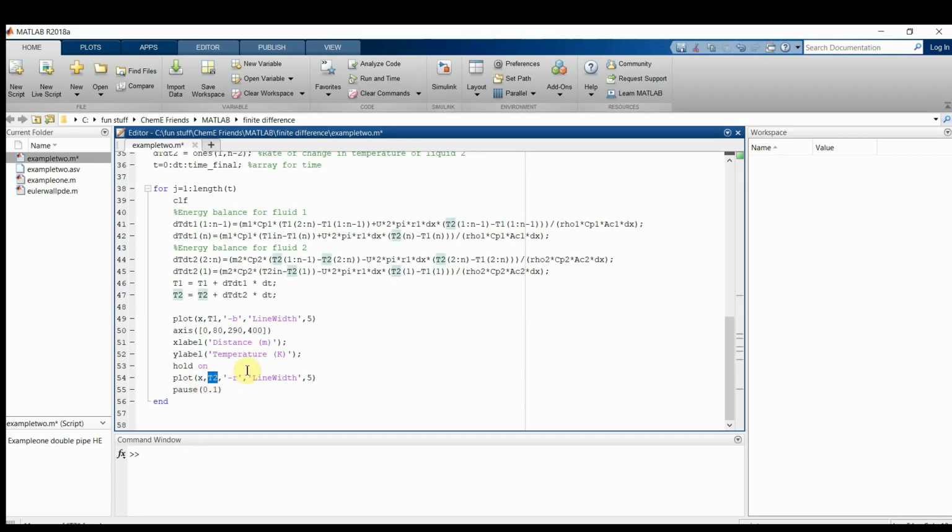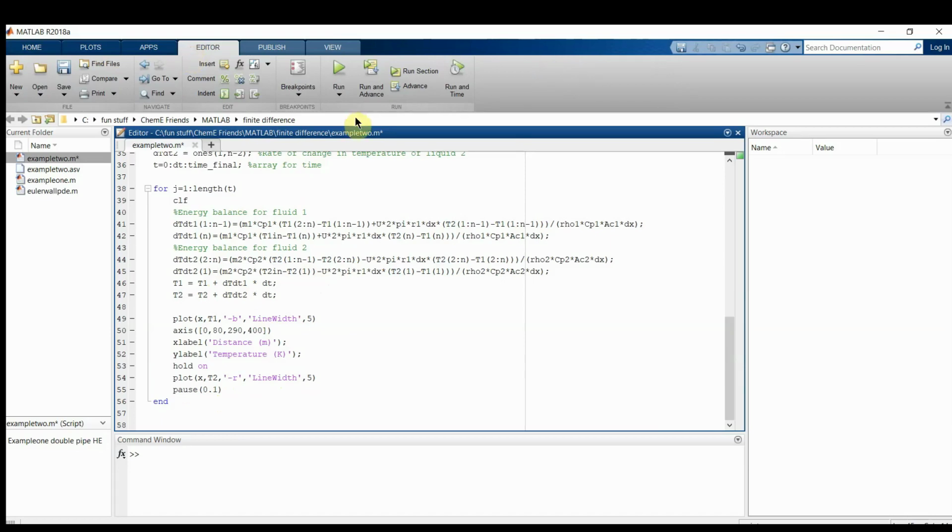So we will see how both of these temperatures are changing with respect to time. And we are writing pause because the iterations will run really fast. So we want it to stay there a bit, and it'll look like an animation when we are done with it. All right, so let's go for run,